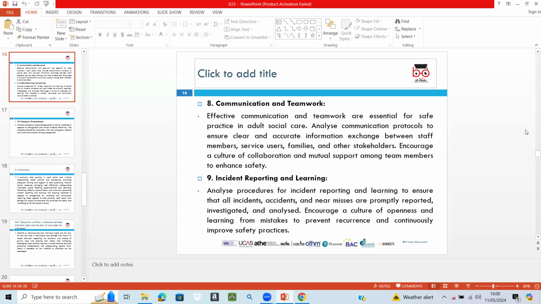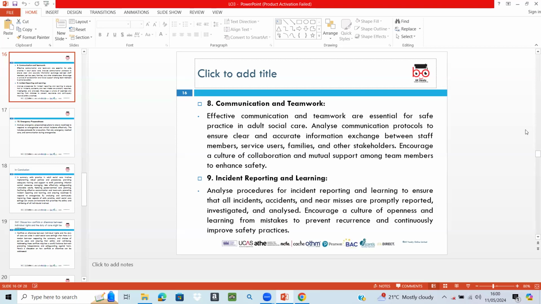Then we have incident reporting and learning. Analyzing communication and teamwork protocols along with incident reporting and learning processes are again very crucial in maintaining safe practices